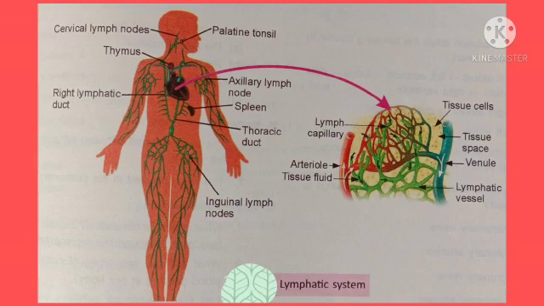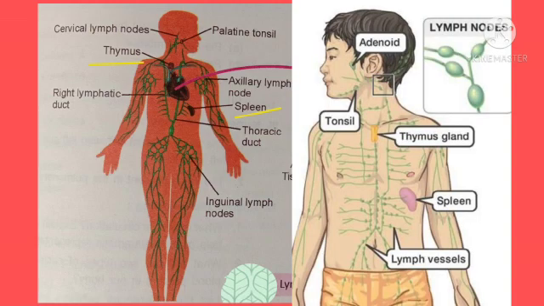Lymph picks up the bacteria entering the body and brings them to the lymph nodes where they are destroyed. So the tonsils, a kind of swelling when you have throat infection, are a type of lymph nodes. The lymph also helps in drainage by draining out excess tissue fluid from the intercellular spaces back into the blood. Thymus and spleen are lymphatic organs, while tonsils and adenoids are masses of lymph nodes.